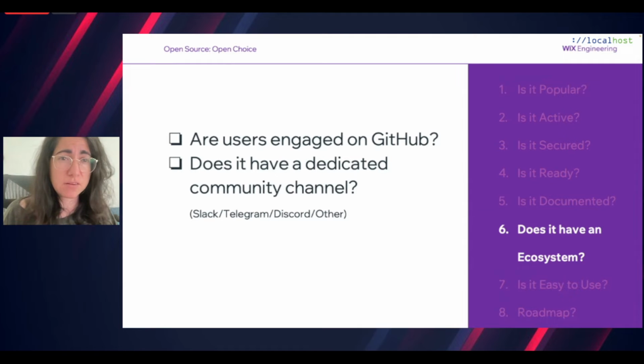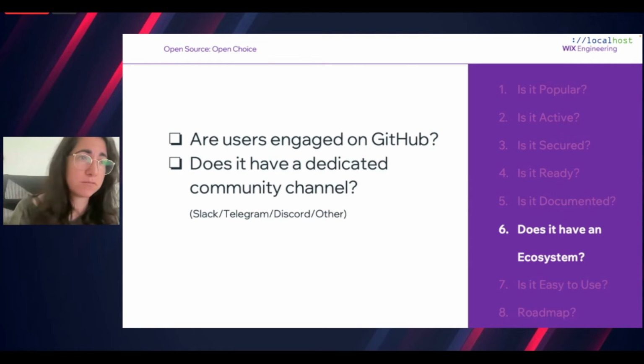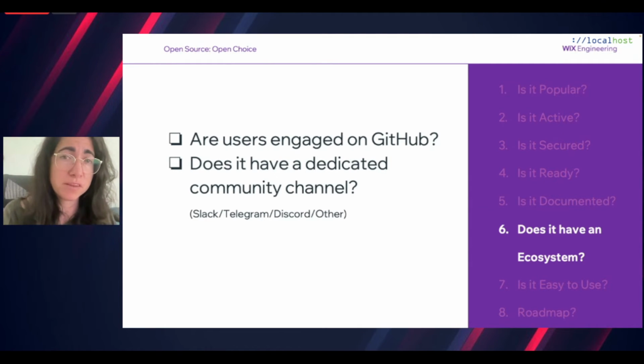And it's not only the fact that you could reach out to the community. It's the fact that if the ecosystem is large, it means that there are more use cases, more users that use this tool, and then whatever feature or capability or use case you would want to introduce, it will probably already be there, because a lot of users are using it, so probably it fits a lot of use cases.